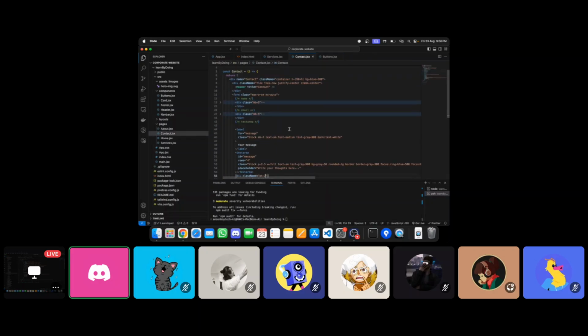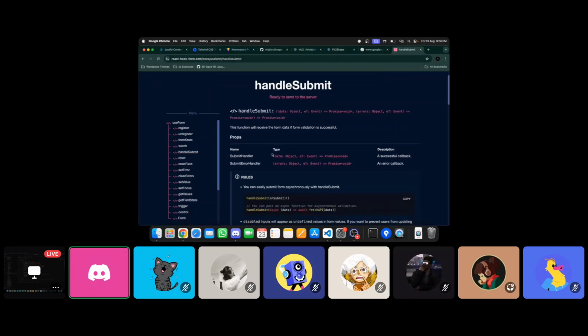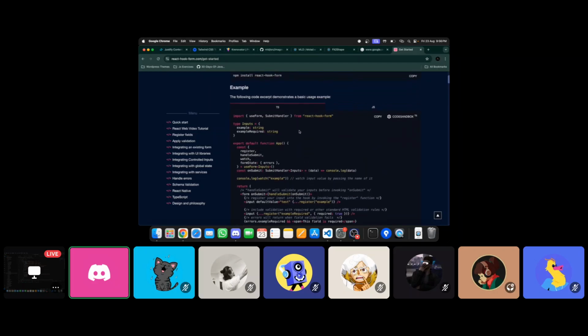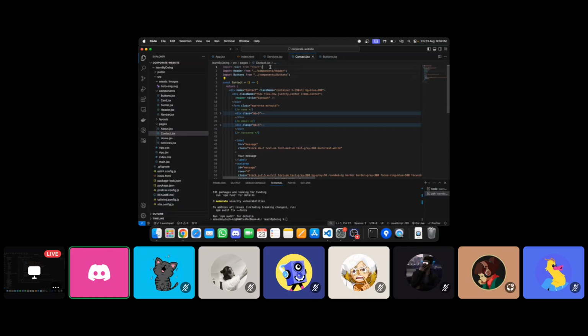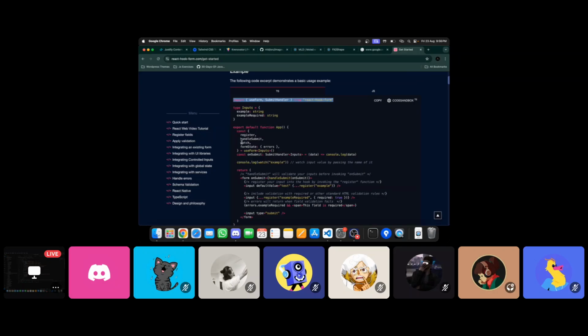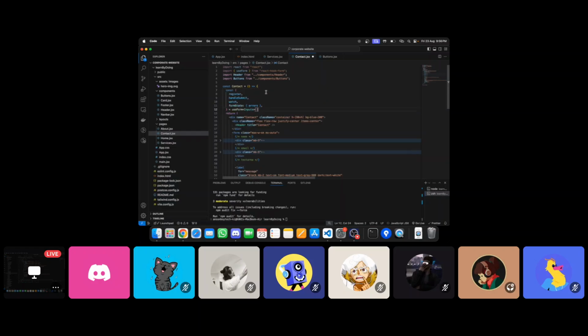So now let's see how to use this. You can see get started. What you should do is call this useForm, and over here we should import it. We can remove the submit handler, then you should do this logic. Copy this, then remove this input. We will be using these parts.